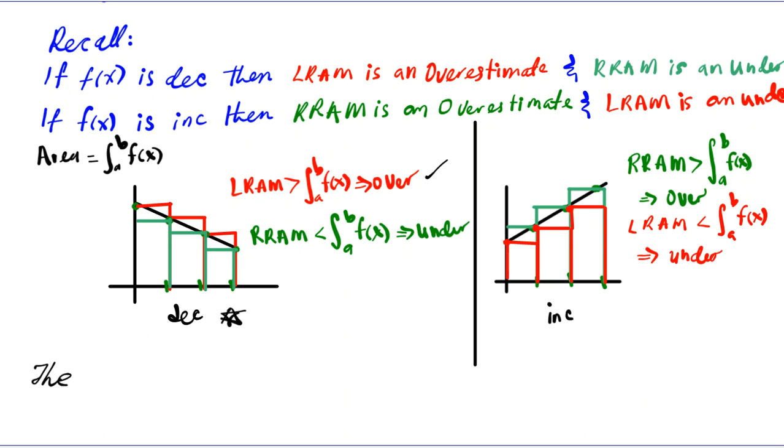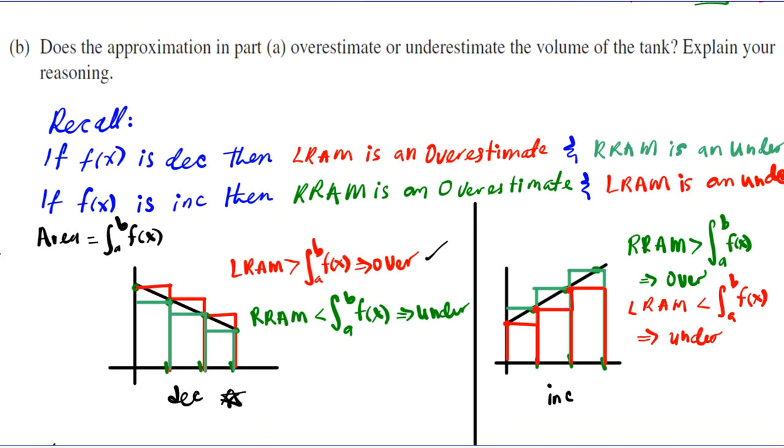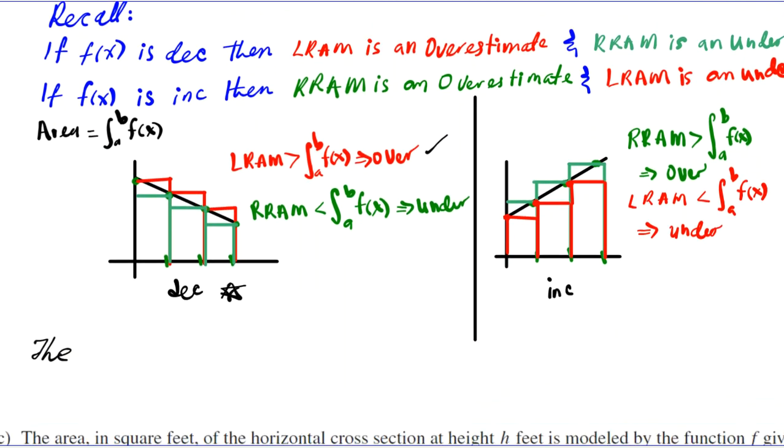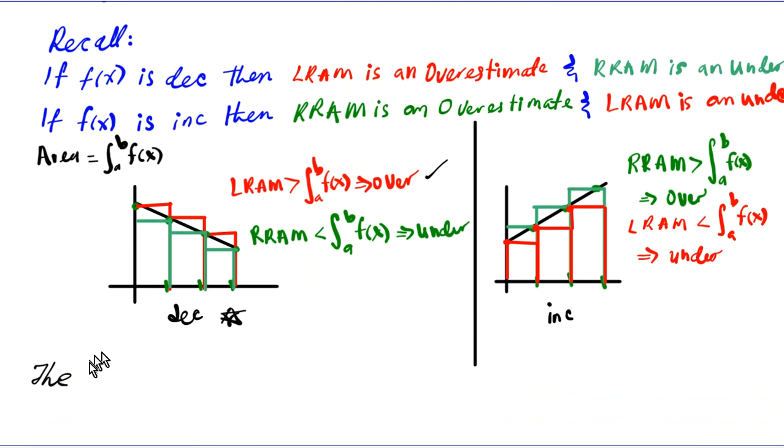Let's see what the question is so that we can know how to phrase our answer. The approximation in part A. So you start with the question: the approximation in part A is what? Is an overestimate. So the question is